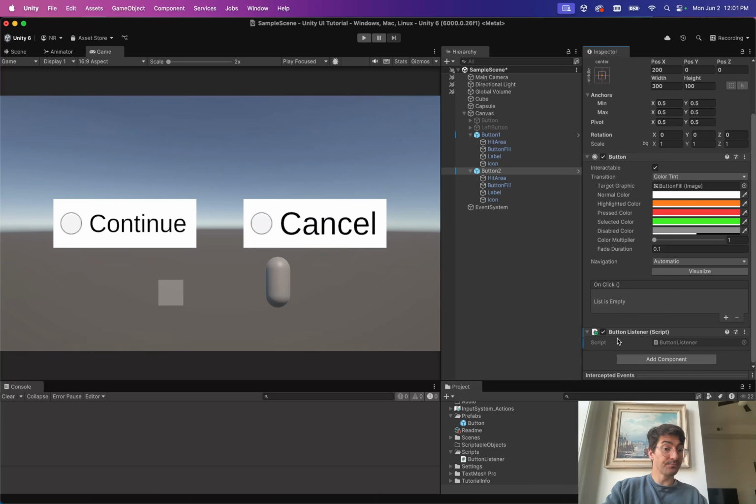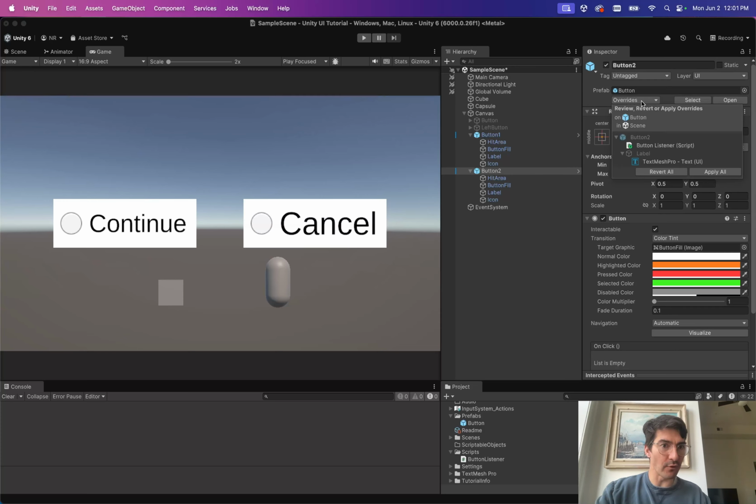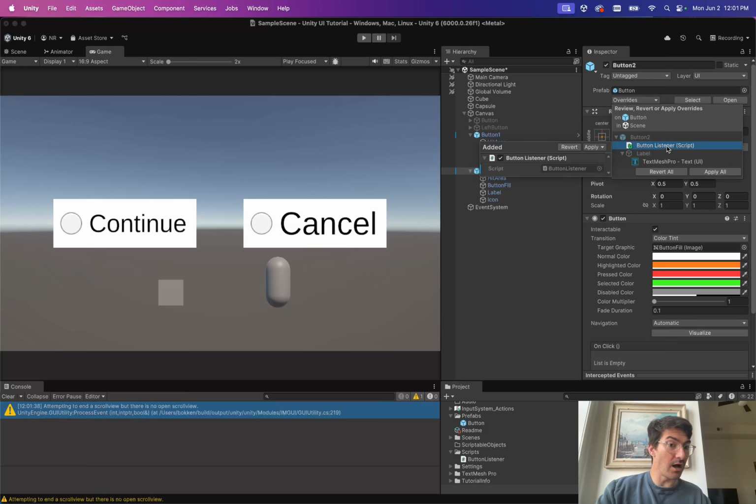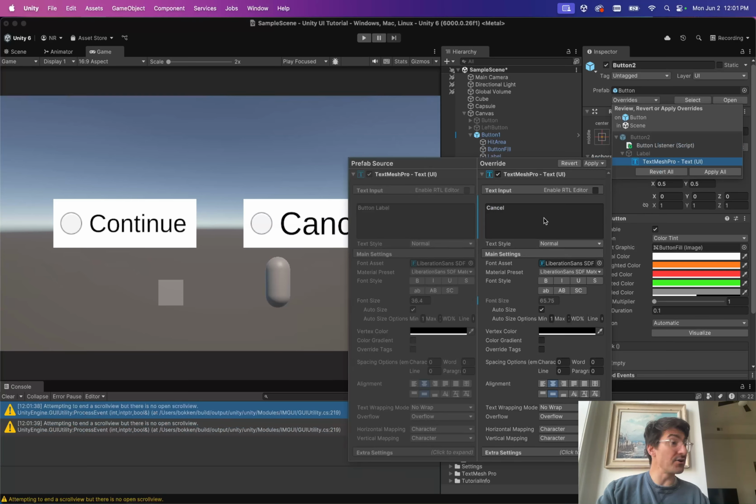Now you can see this is showing up with this icon because I added it to the scene instance, which is tied to the prefab. So this little icon here, the script with the green plus, means that this component has been added not as part of the prefab, but as part of the scene instance. And again, if we go to the overrides, I probably don't want to apply